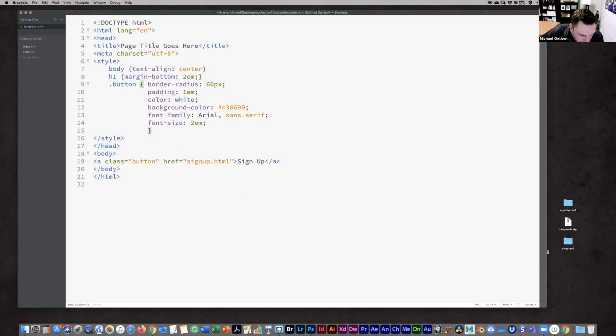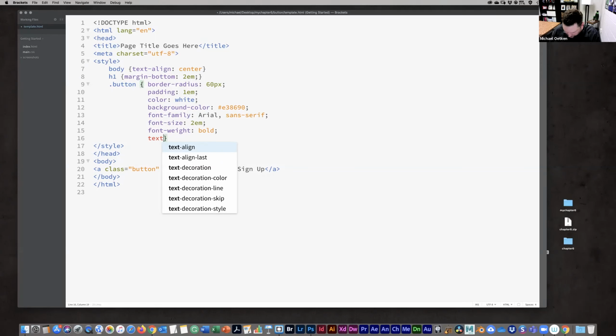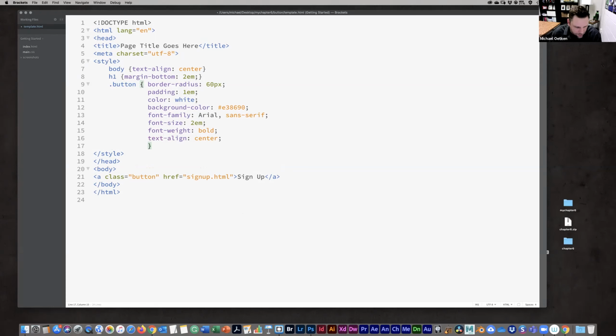All right, make it bold, so font weight. All right, then we want it to align to the center, so text align center. And then our last one, text decoration none. I don't want an underline under there, so let's set that.